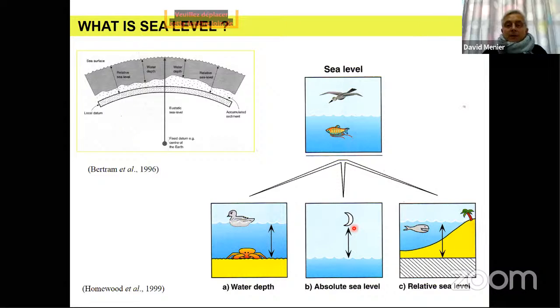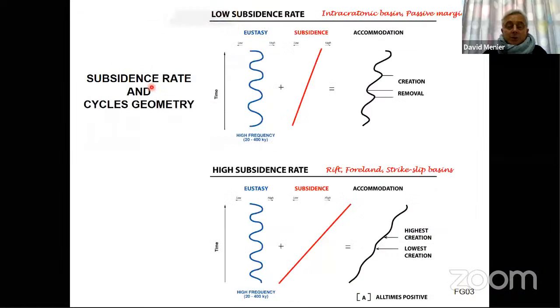Anyway, this is another case showing subsidence rate and cycle geometry. This is the eustasy plus the subsidence, with this type of subsidence, and this is the accommodation space that we can create. Sometimes during this period you can remove, sometimes you create something. In this case you are in a context of passive margin or intracratonic basin, and when the subsidence rate is high,